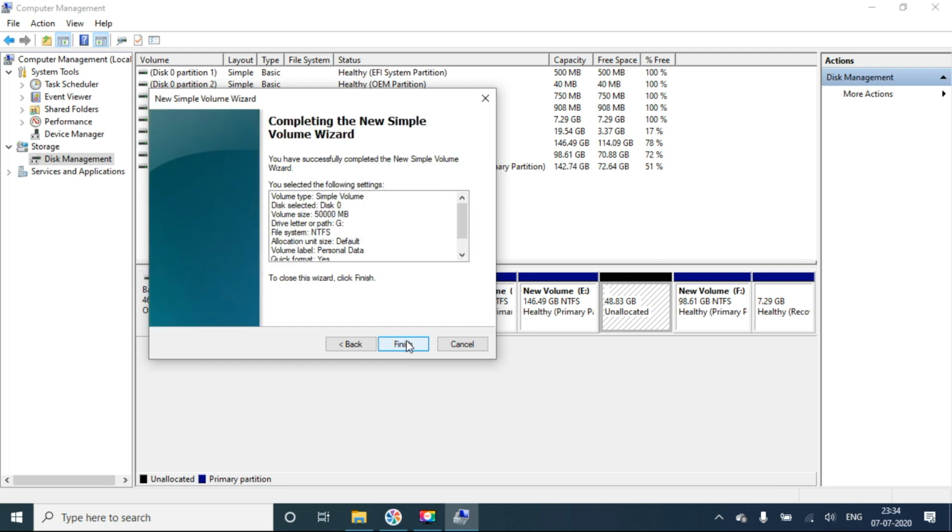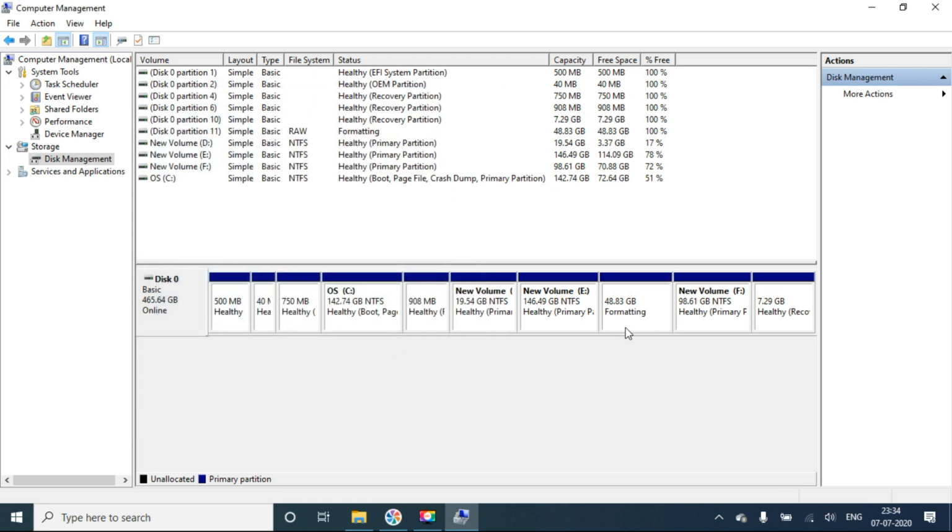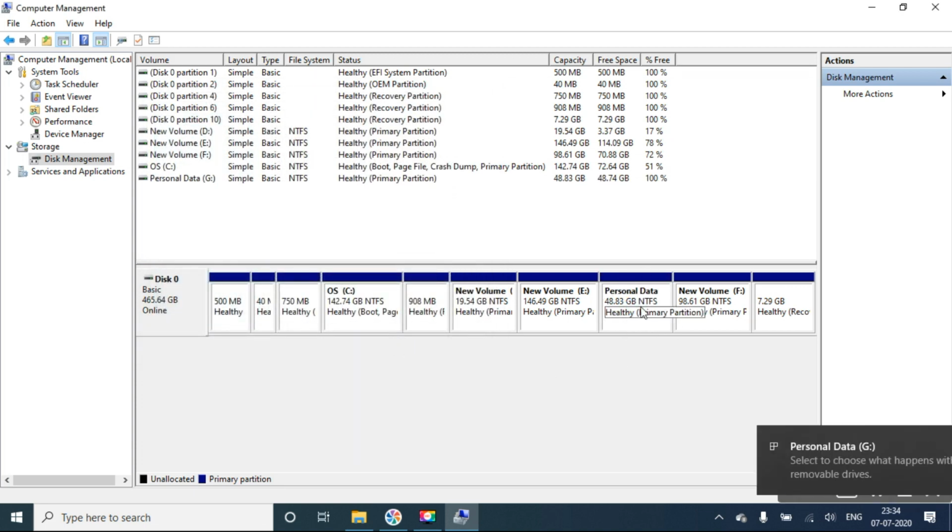Then if you give next, it will show an overview, and if you give finish, it will format the drive quickly and create the drive. Once created, you can see a pop-up from Windows at the bottom right: Personal Data has been created.